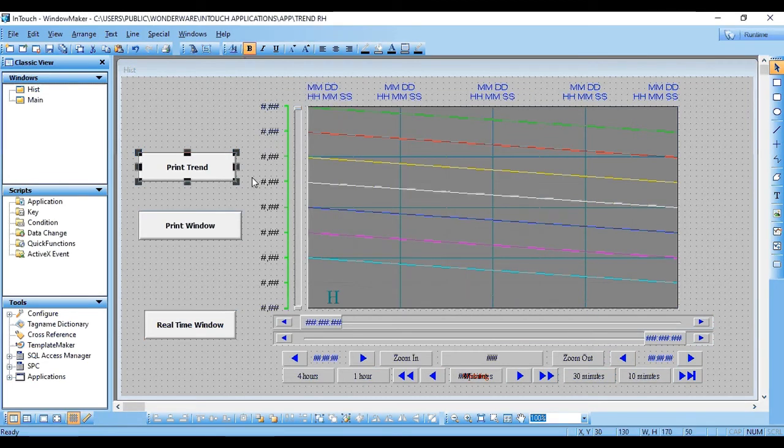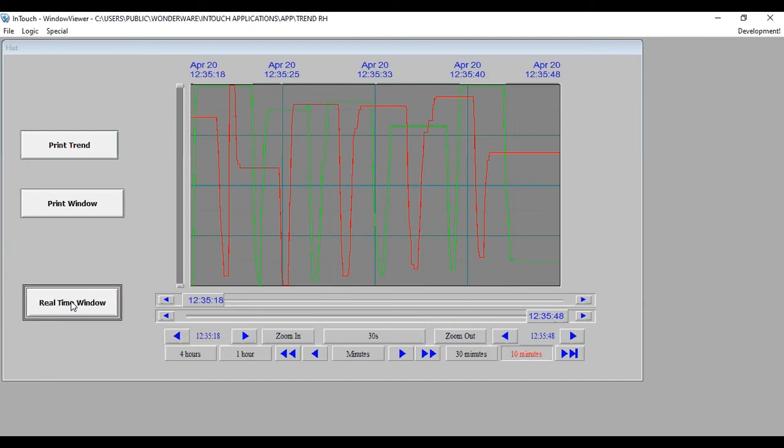Okay, so let's check it. Click on print trend.